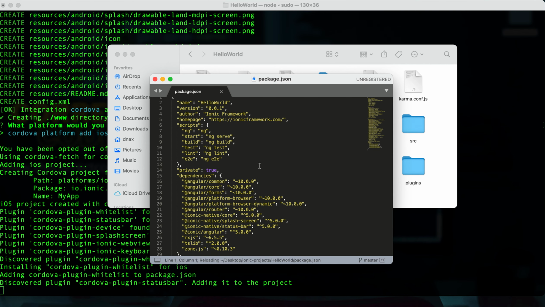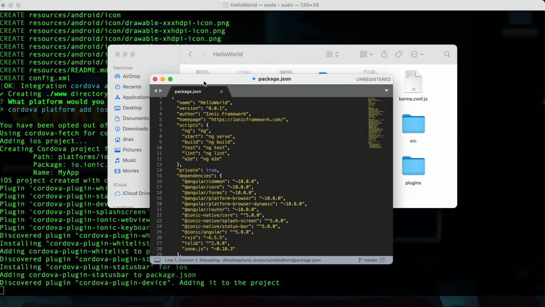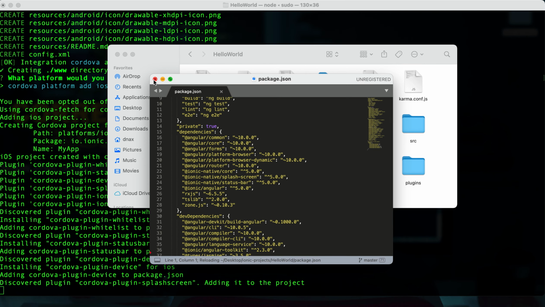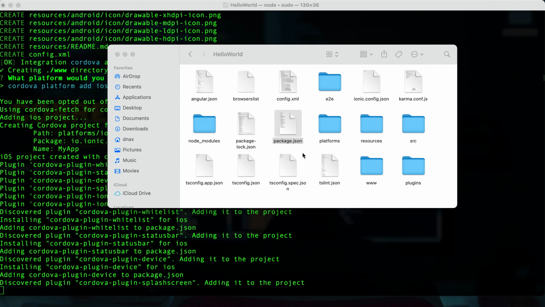So if you want to add any lower versions of iOS, you need to change it in package.json so that particular version will get installed for the application. This is one logic you need to know, because many applications have problems with versions of iOS.